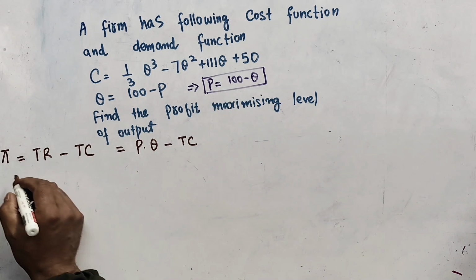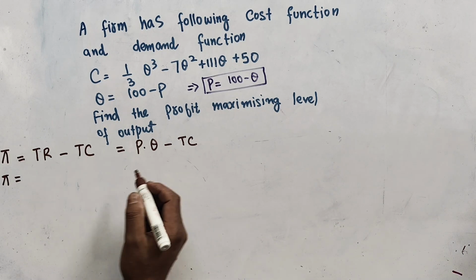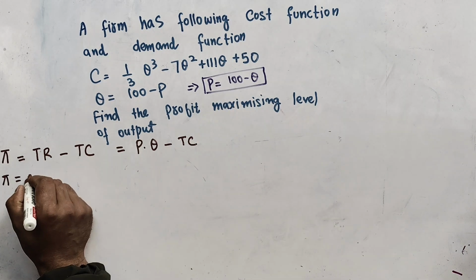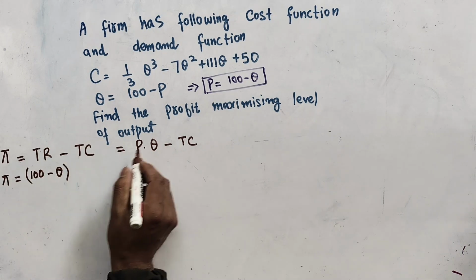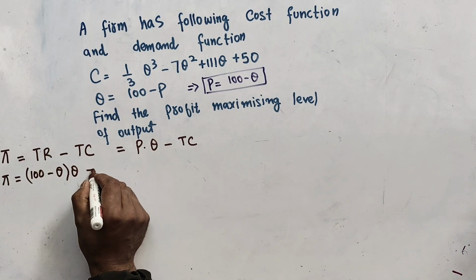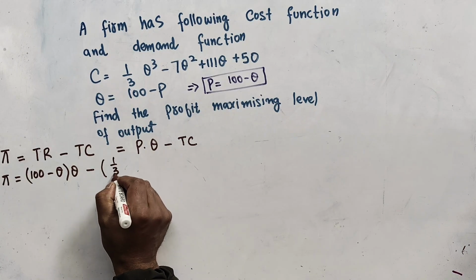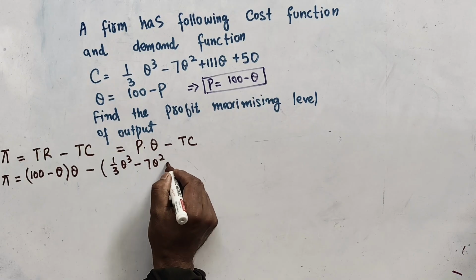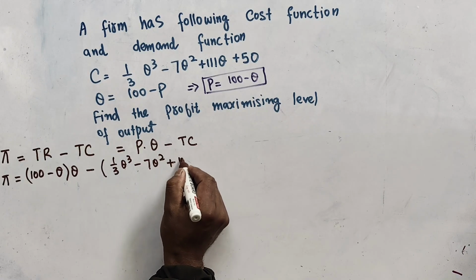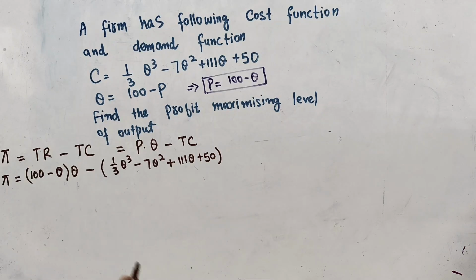That implies our profit will be equal to, so P is here 100 minus Q, to this we multiply by Q. Then we have the total cost, minus 1 upon 3 Q cube minus 7Q square plus 111 Q plus 50. This is our profit function. Or if we solve it further,